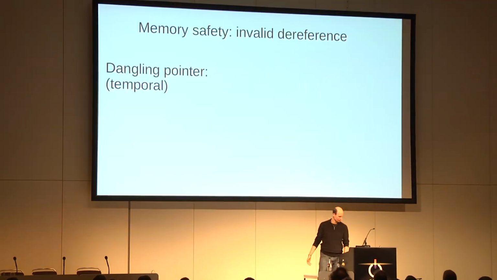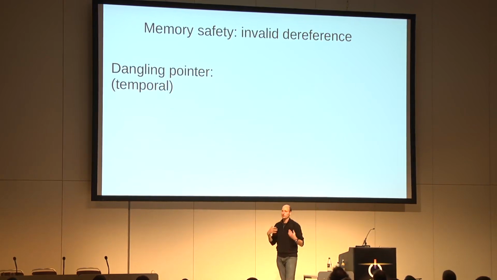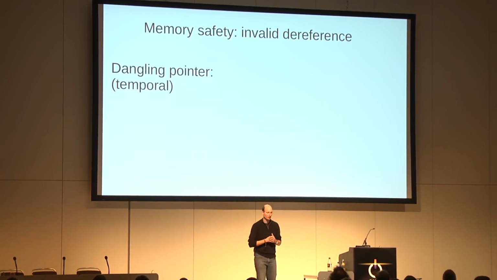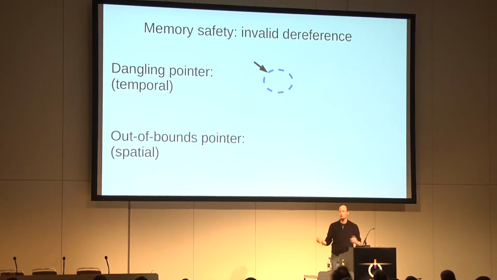and why we don't have it yet. At the most basic level, memory safety corruption, or the lack thereof, relies on some form of invalid dereference. For example, there can be dangling pointers, which is a temporal issue. In a language like C or C++, at one point in time we have a memory object and a pointer to that memory object, so we have a valid reference. But we free that object at some point, and it becomes an invalid object. There's a dangling pointer to that object, which can lead to some form of memory corruption when we dereference it. Or there can be out-of-bounds pointers.